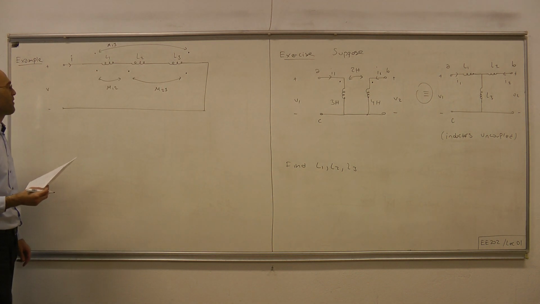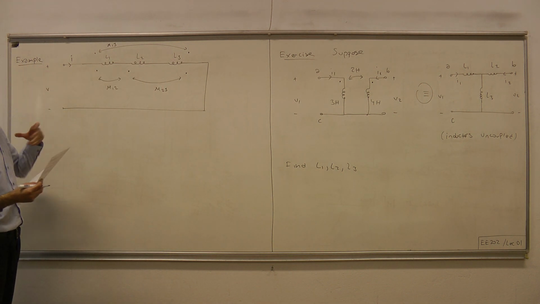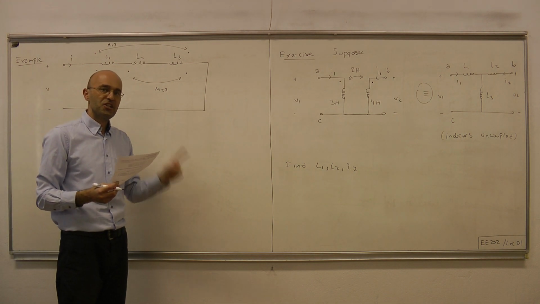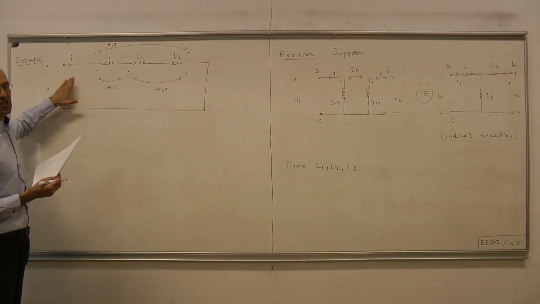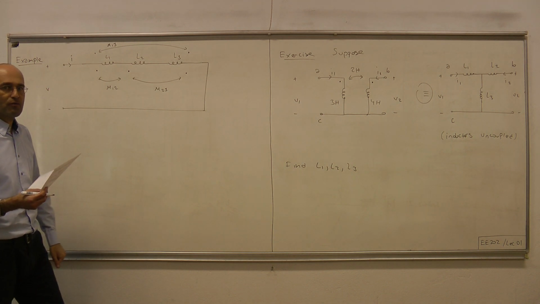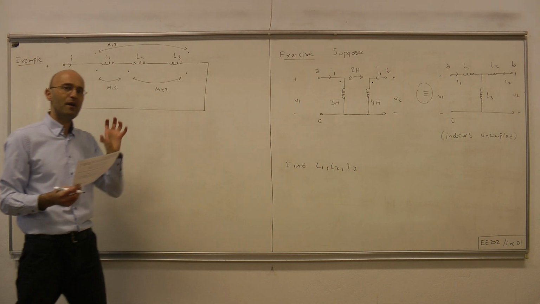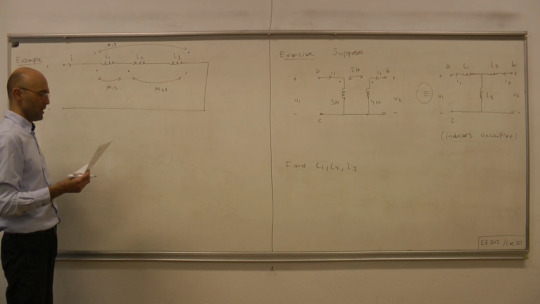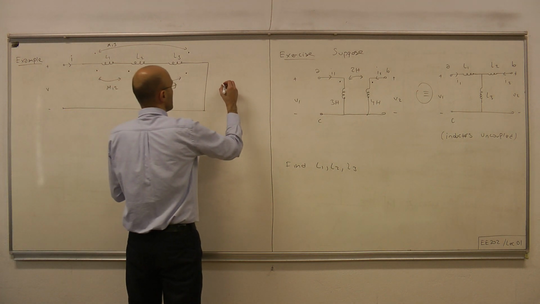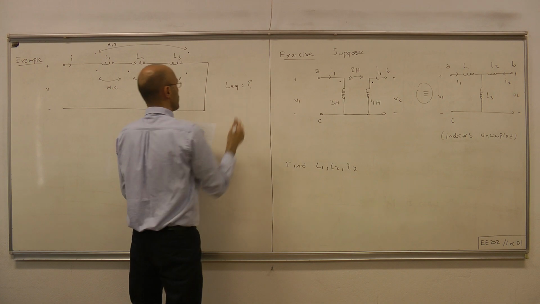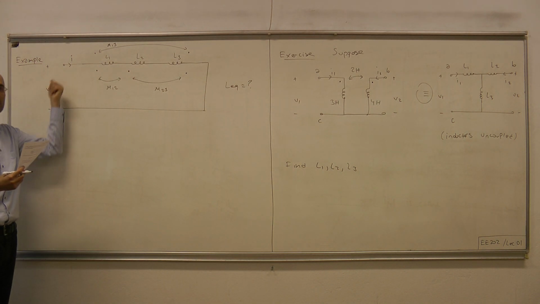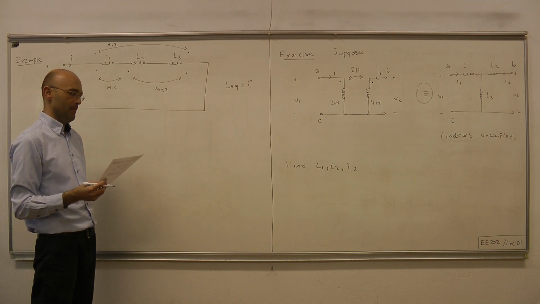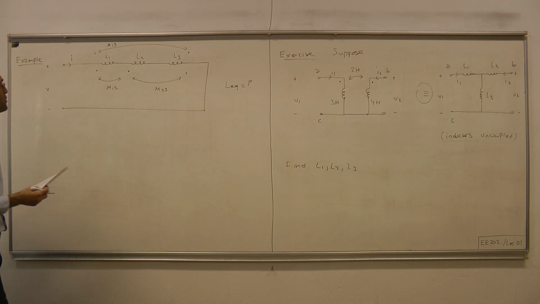Now it turns out that this 2 terminal device can be represented by a single inductor, meaning that V equals some constant times the rate of change of the current. And now what we're asked for is that constant. So what's L equivalent, which appears in the equation V equals L equivalent times di dt. Okay. So again,